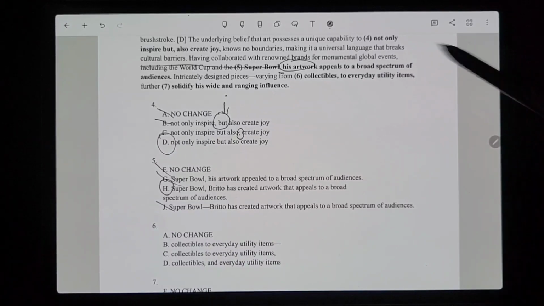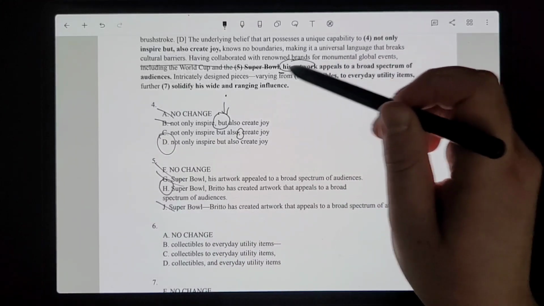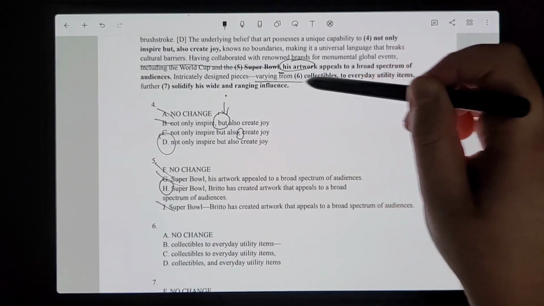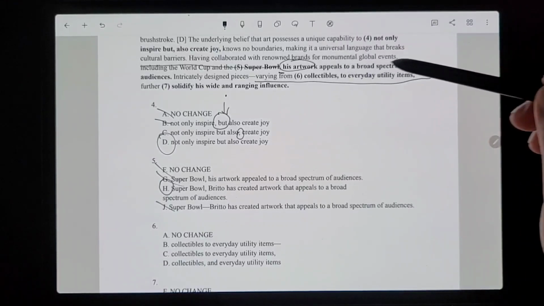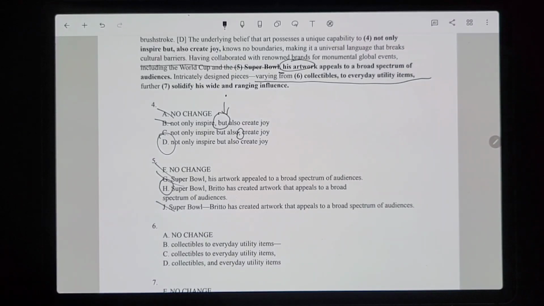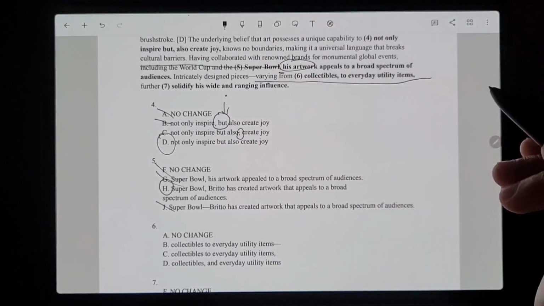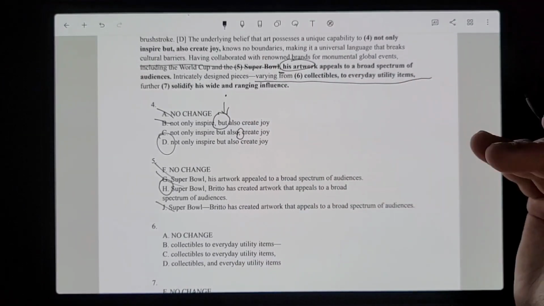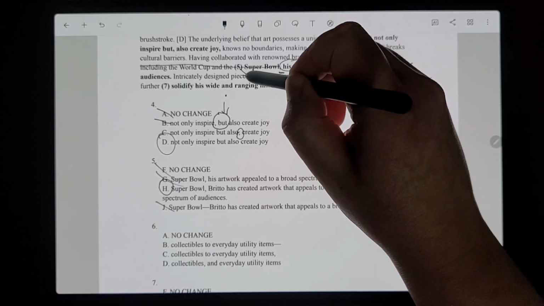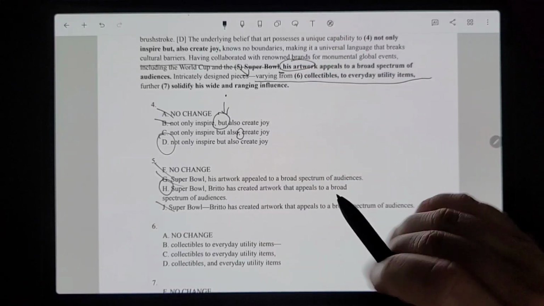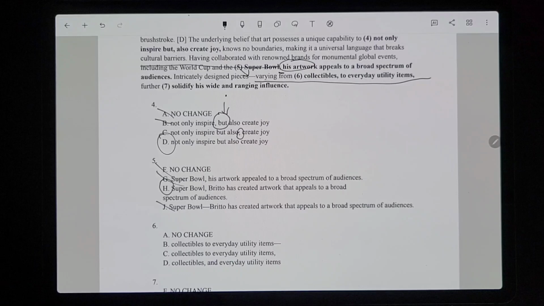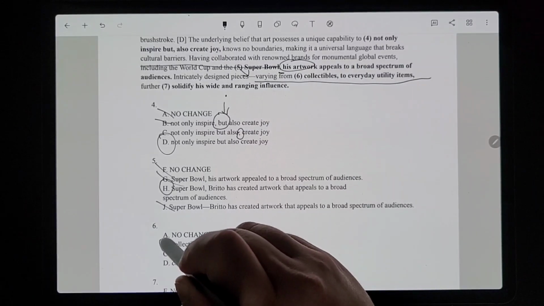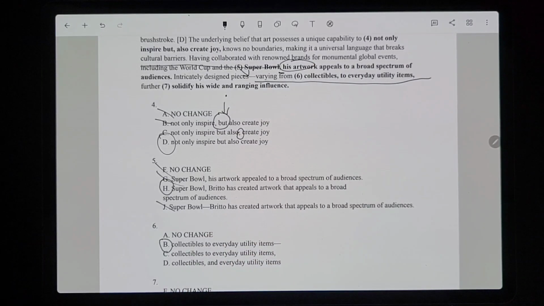So for number 6, we have an interruption and non-essential clause right here where it says "varying from collectibles to everyday utility items." That whole non-essential clause has to be surrounded by either a pair of matching em dashes or a pair of matching commas. Now, because we don't have the option to change this em dash right here, I know it has to be surrounded by a pair of matching em dashes, meaning the only answer choice could be B.